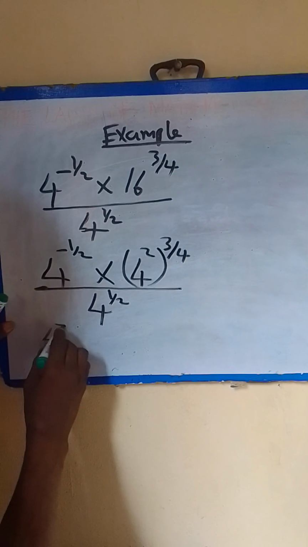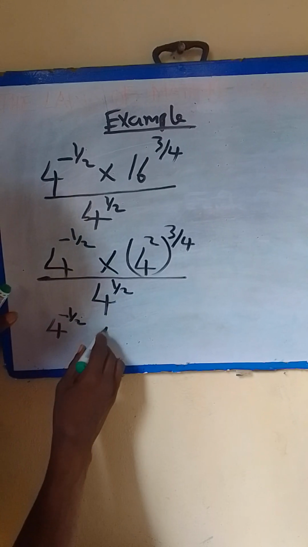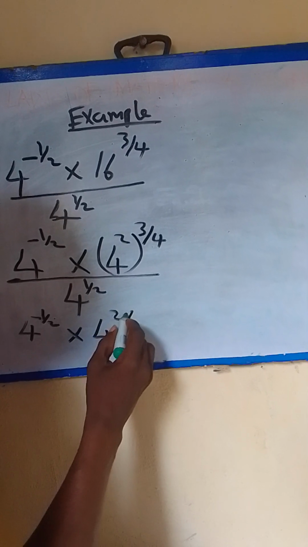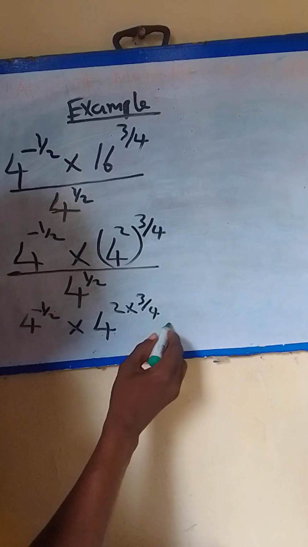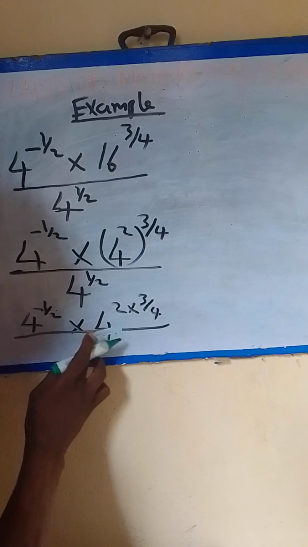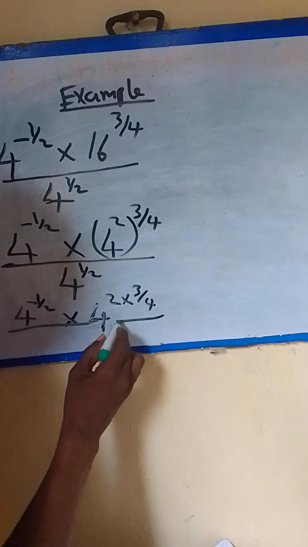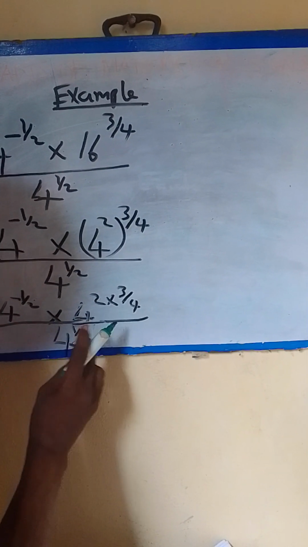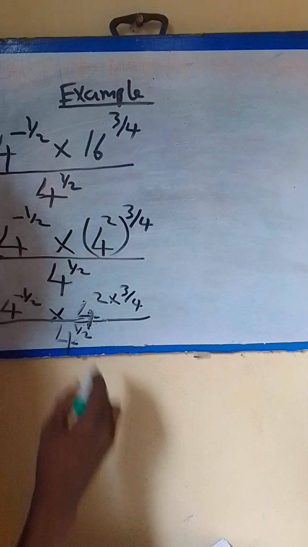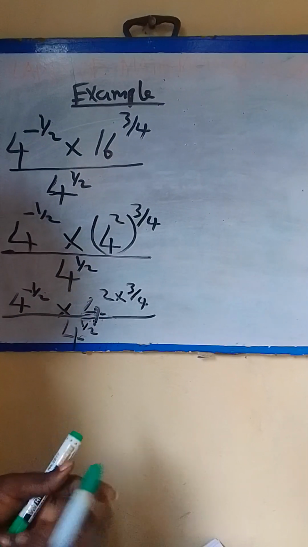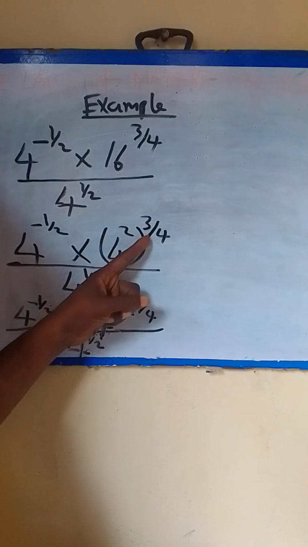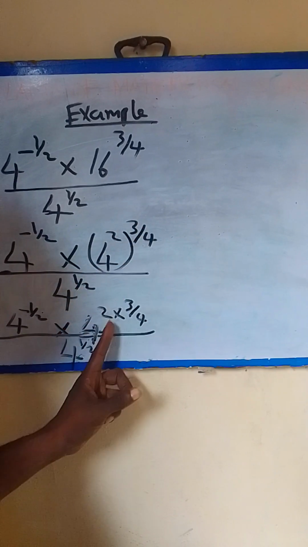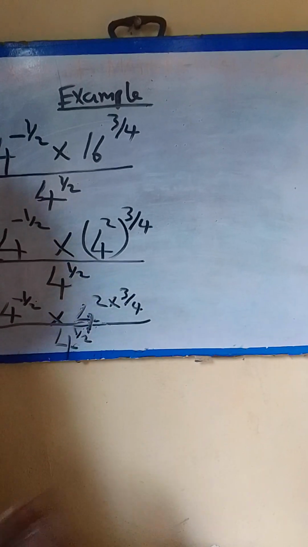4 raised to power minus half times 4 raised to power 2 times 3 all over 4. So as you can see, this means power of power law. If you go to your indices, the law of indices, you will see it means this times this, which you can see it here. So in this case,